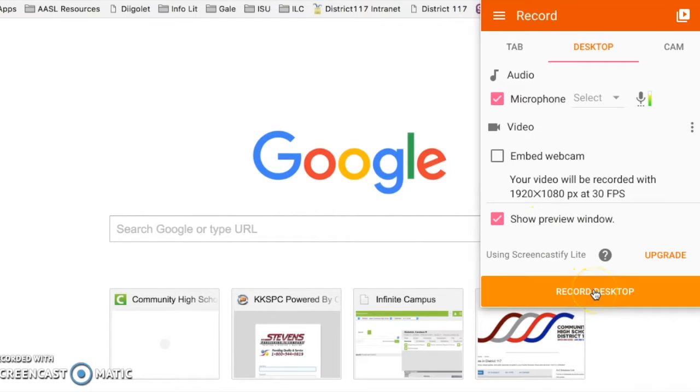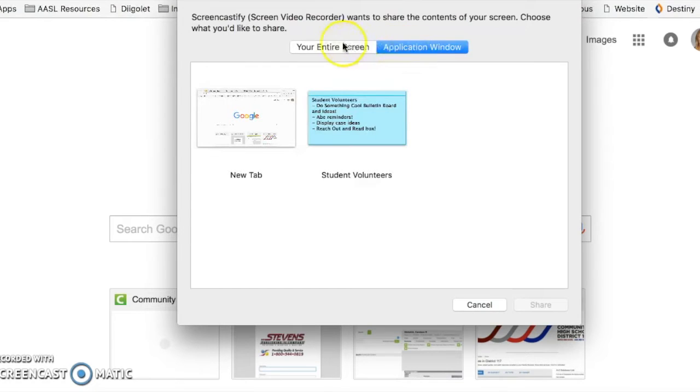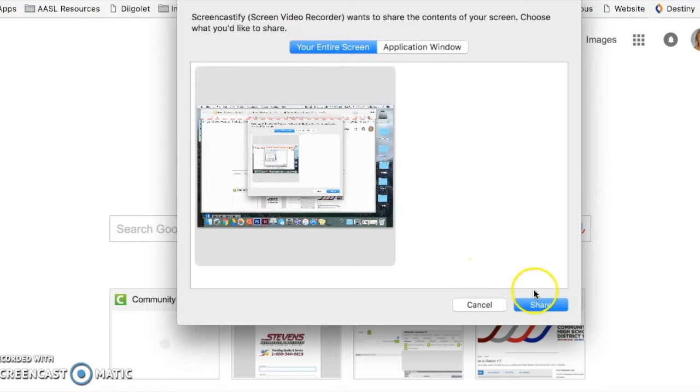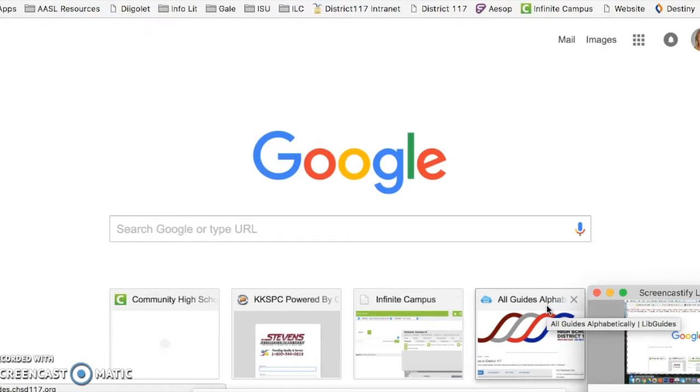When you're ready to record, you simply click Record Desktop. It will ask you if you want to share your entire screen or just the application window. I'm going to select your entire screen and hit share. 3, 2, 1. As you could hear, the program counts down for you so that you know when it's time